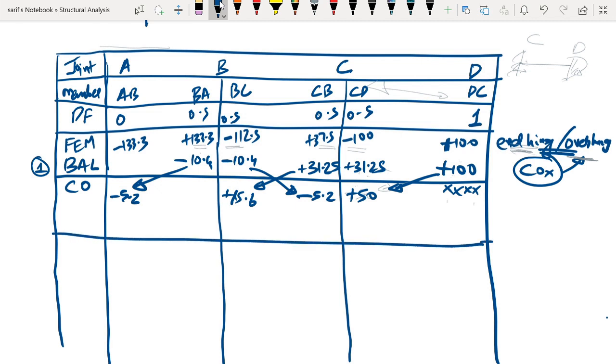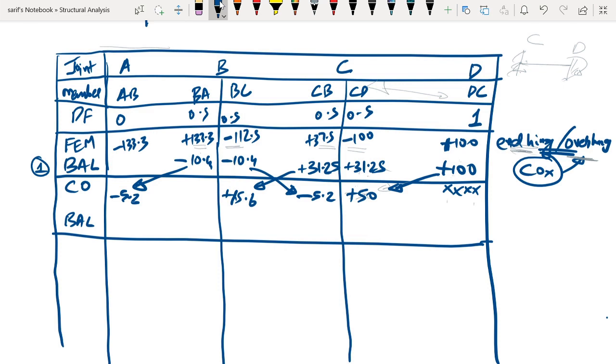Again, if you notice now, the equilibrium of all the interior joints is now disturbed. For example, at B we have an unbalanced moment of 15.6. Similarly, at C we have an unbalanced moment here also. Now we need to balance them again. So how do we do the balancing? We don't have to do anything here again because that is an end hinge or an overhang. We have already reached the equilibrating condition there, that is plus 200 moment. We don't have to touch this again.